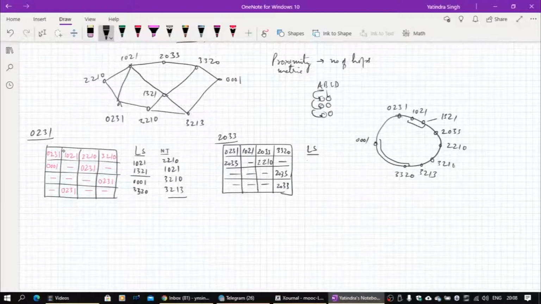For 2033 it will be 1321 and 1021. The neighbor table you can again compute by looking at this table. If you compute for 2033, it will be 1021, obviously, and 3320.